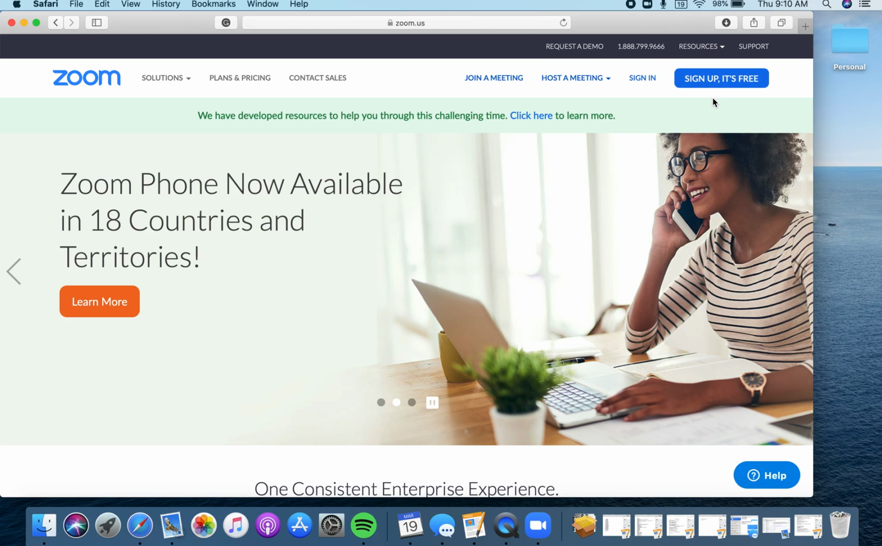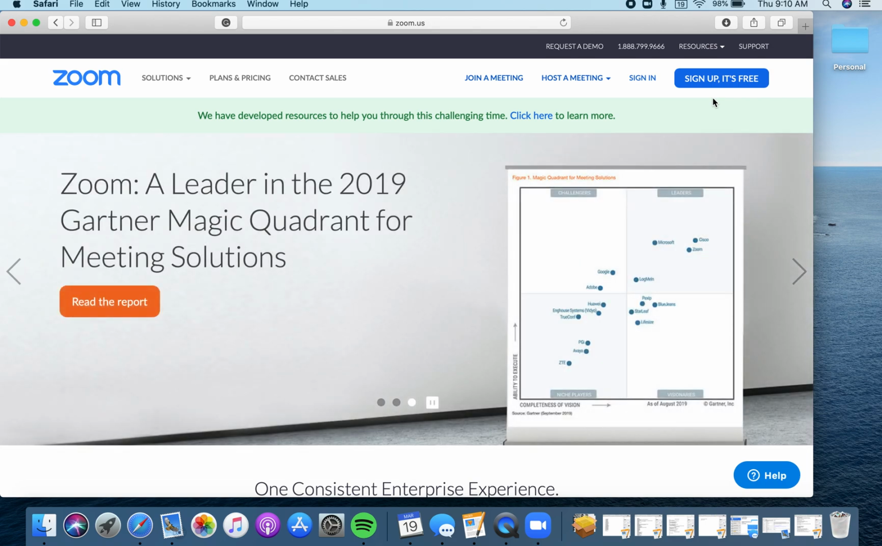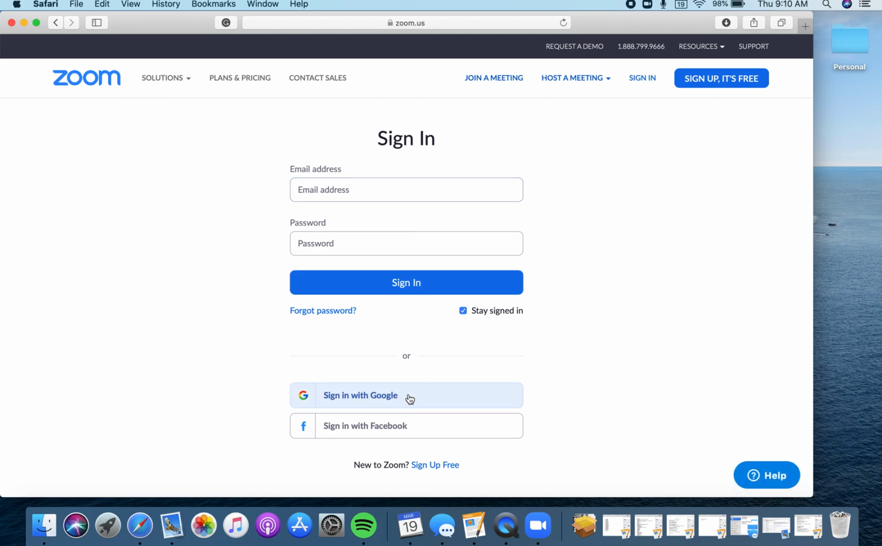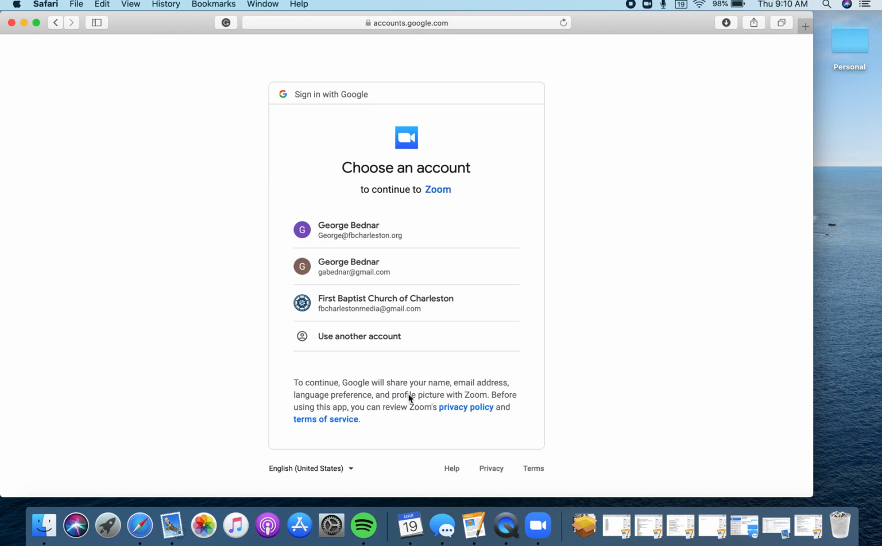But signing up and signing in is actually quite easy, especially if you, the Sunday school teacher, have a Gmail account. And so that's how I'm actually going to sign in. If you hit sign in, it brings you to this page. You can click sign in with Google. And what that's going to do is allow me to choose which of my Google accounts,